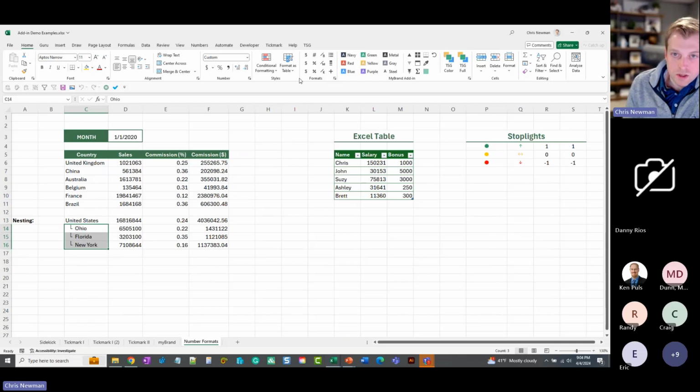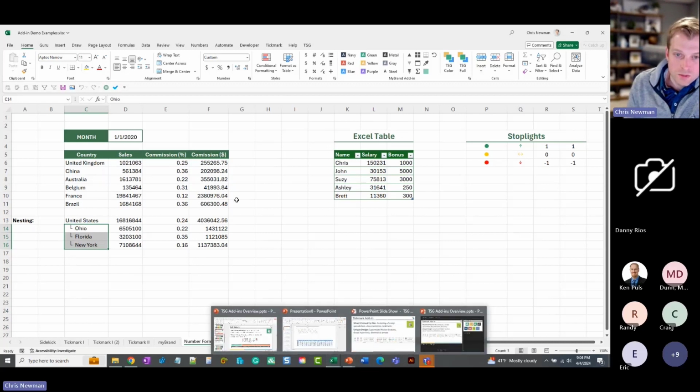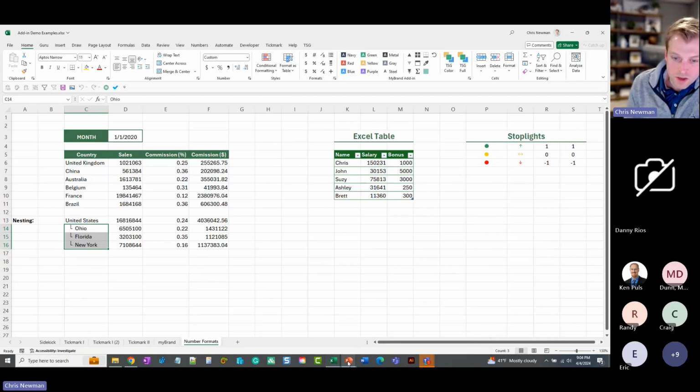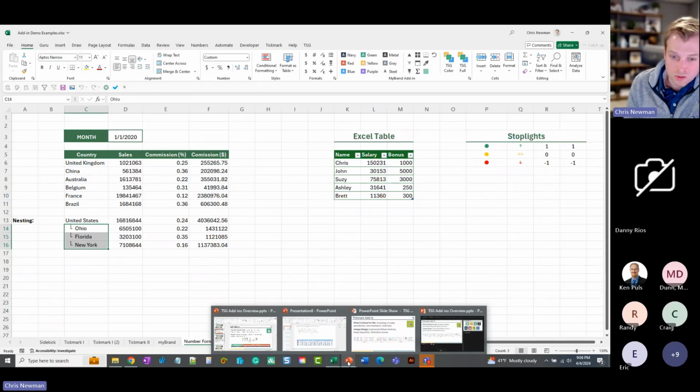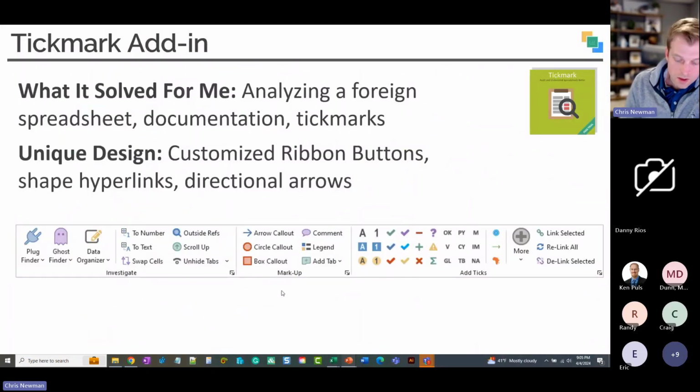But that's something I use every day constantly, because I hate having to manually write out some of my preferred number formats there. So I think I went a little over. I apologize, but hopefully this was at least eye-opening on some of the stuff that Excel can do with VBA. I'm not doing anything special with any of the capabilities you saw. It's all straight VBA macro code, just packaged into a